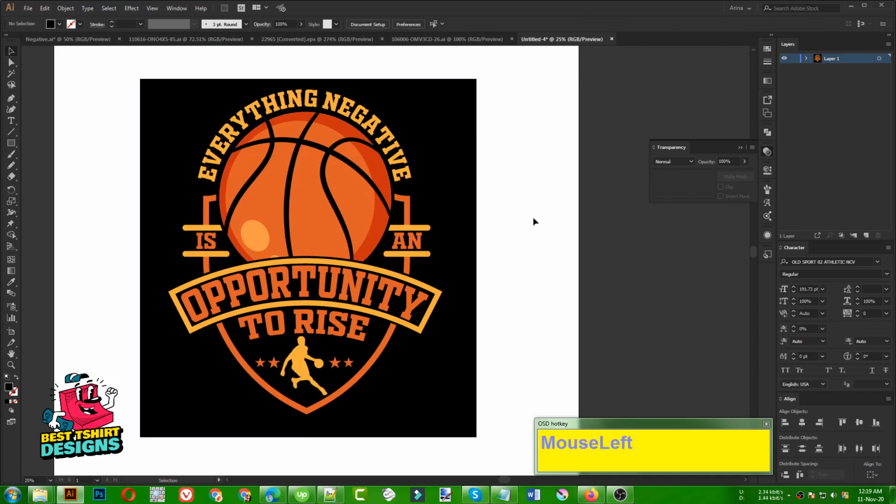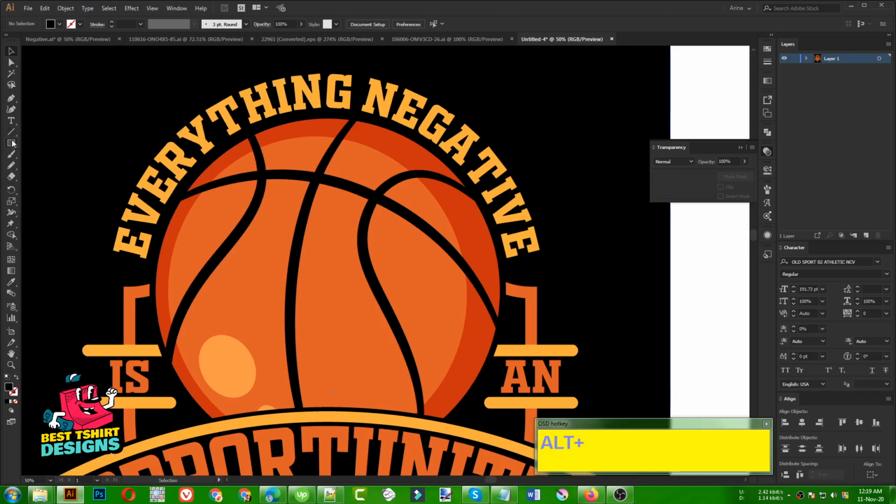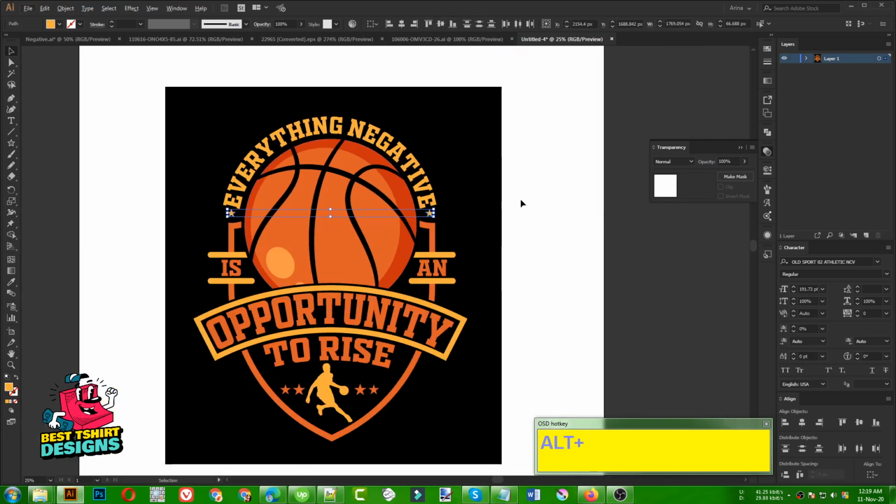So I hope this one will give you guys some idea how to make a design like this. This is not a regular kind of t-shirt design we used to practice. This is kind of a brand design, the kind of design you will see for the basketball niche, kind of badge design. So I hope this one will give you some idea guys what kind of work your client may ask you to do, or sometimes we need to do this kind of designs also.